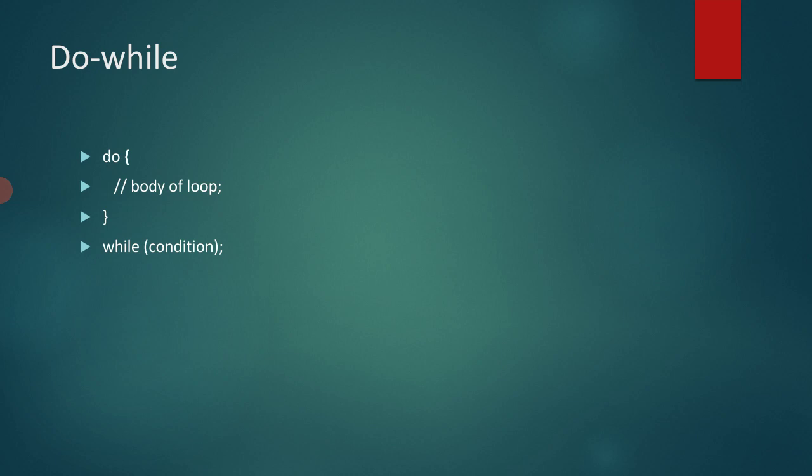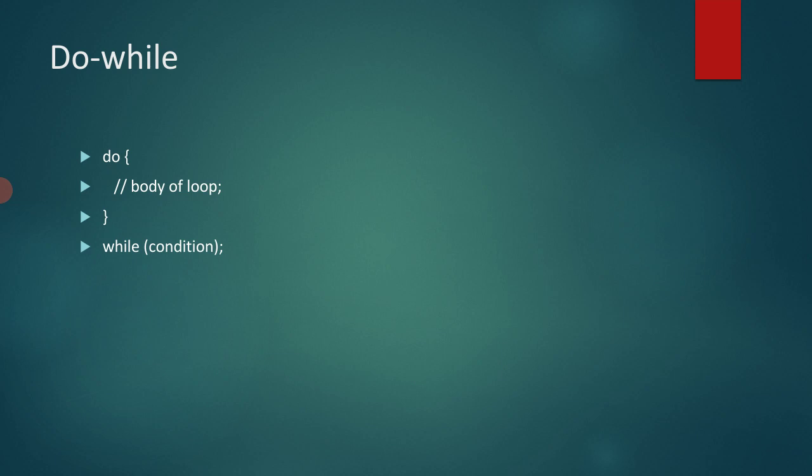But in case of do while, it executes the case once. Firstly, it executes the case one time, then it will check the condition. So that's why there is a word before while, that is do. So with the do we can execute the loop one time, and then we can check the condition. If the condition is true, then it will execute the body of the loop, otherwise it will exit. So with the do statement, it allows to execute the case at least once.